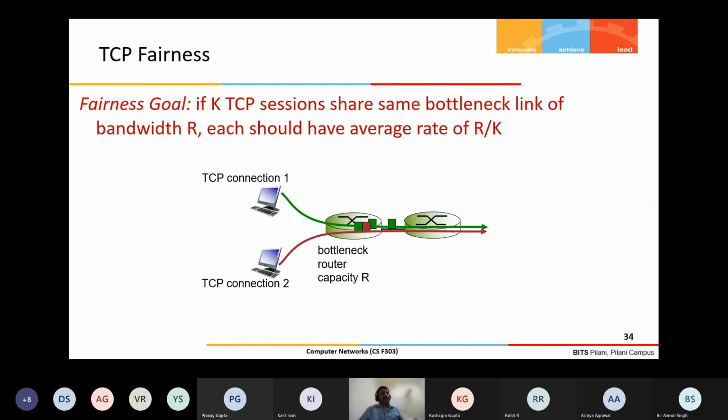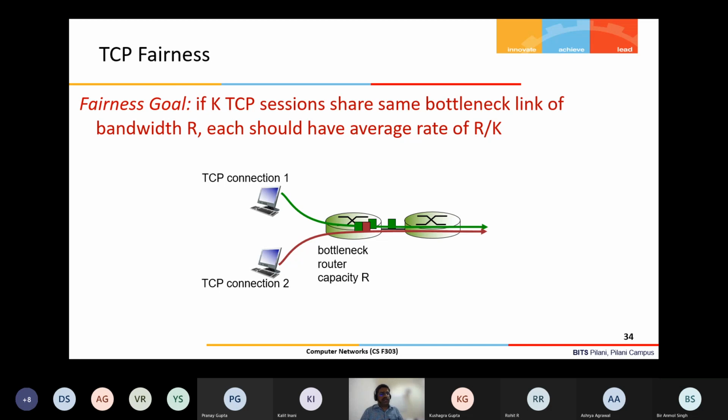Okay, so I think I will stop here. Now just a few topics are left. One is TCP fairness, and one more topic, where we will discuss two commercial deployments of TCP algorithms. One is in Linux systems, where Cubic TCP is used. TCP Reno you know, TCP Tahoe you know. Cubic TCP is mostly implemented in Linux based protocol stacks. The basic semantics are the same, but the congestion control algorithm is different, so I will briefly tell that in the next class.